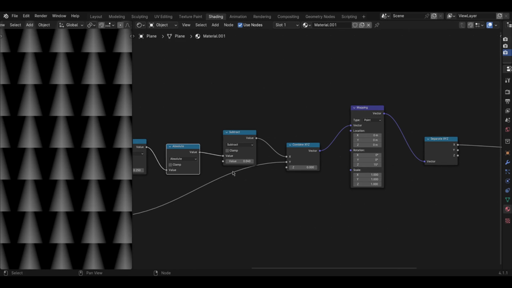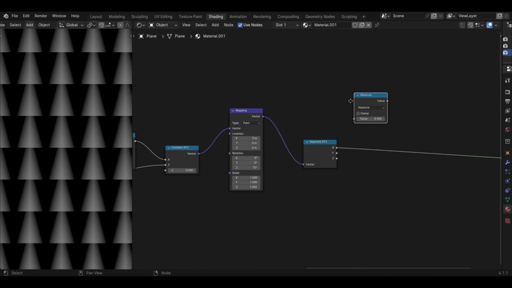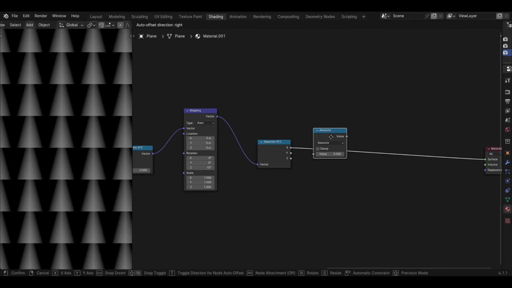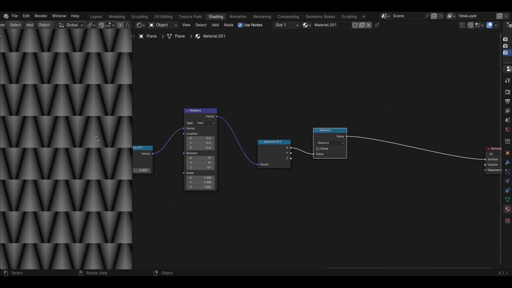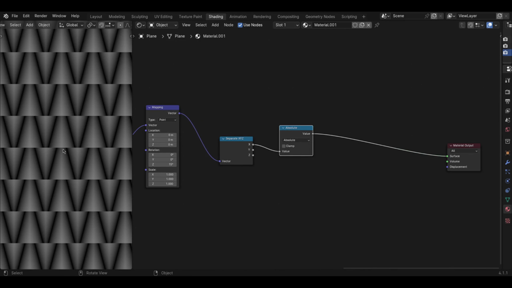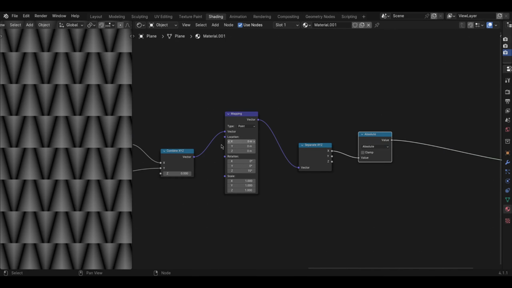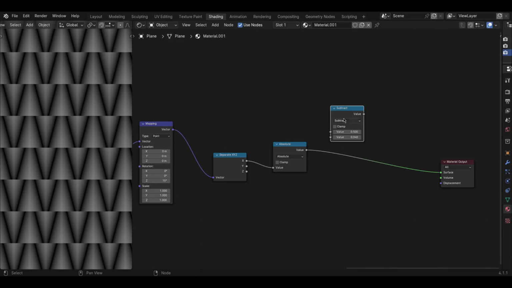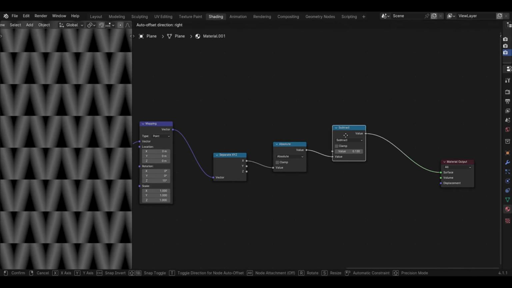So let's do that. Copy this absolute node and put it into the x-axis here, and as you can see, it actually happened. And we just now need to invert these values, which is pretty easy. We are just going to subtract them. As you can see,